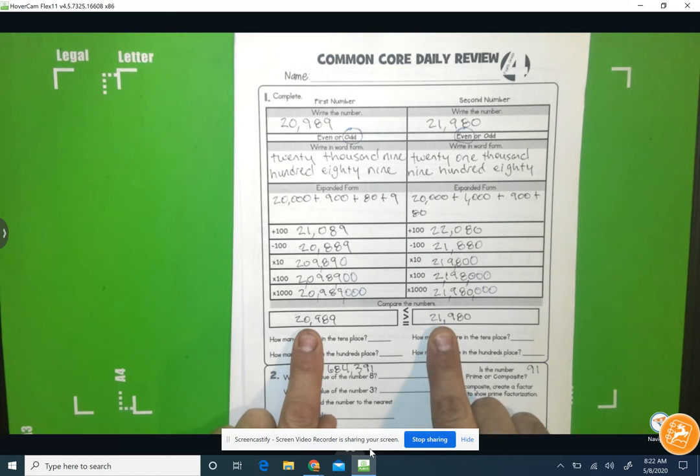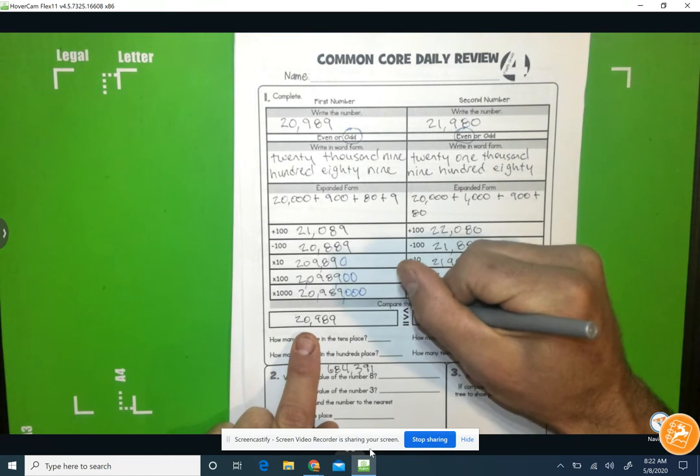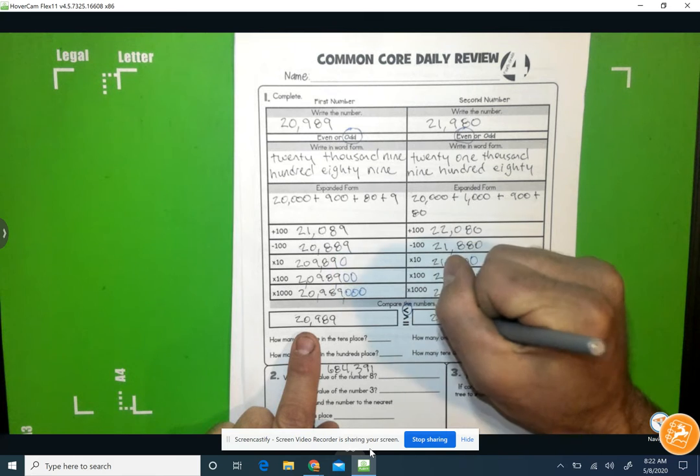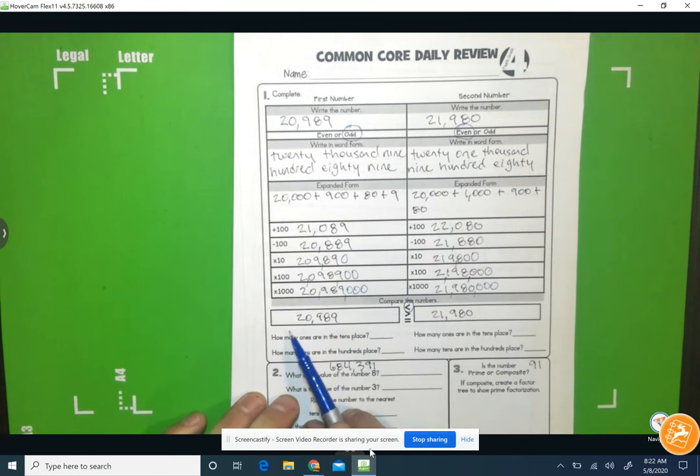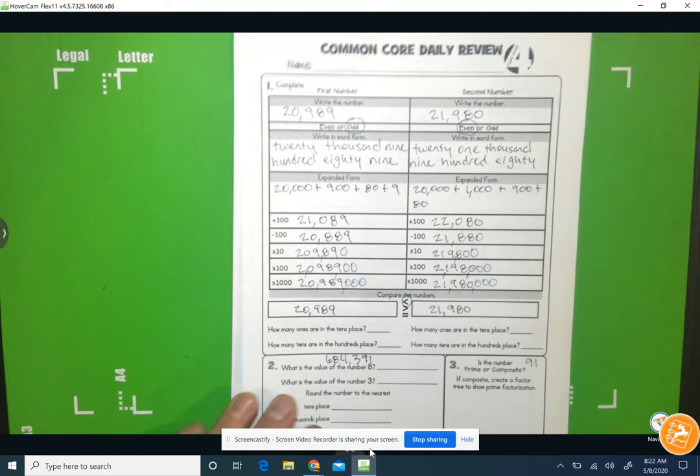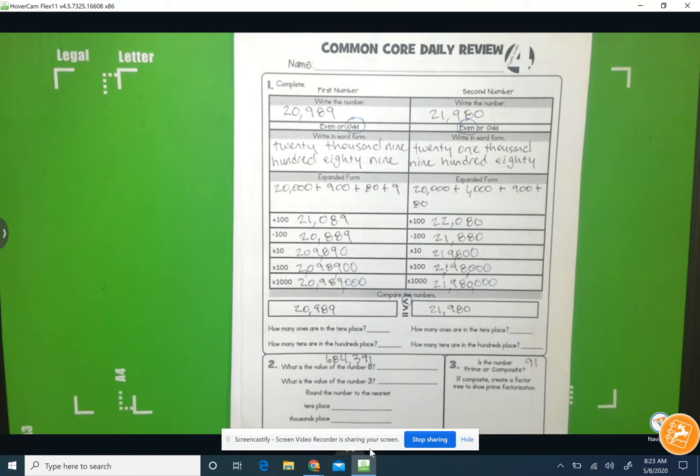1 is greater than that 0, making 21,980 greater than 20,989. Or if you're reading from left to right, it's 20,989 is less than